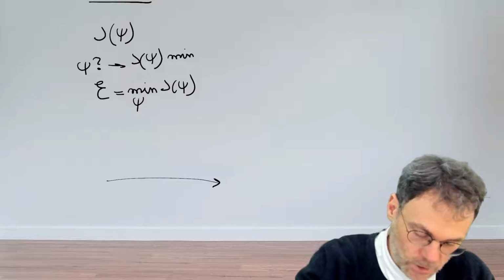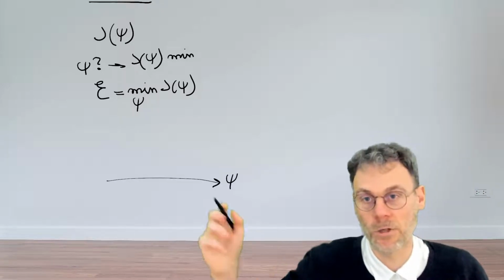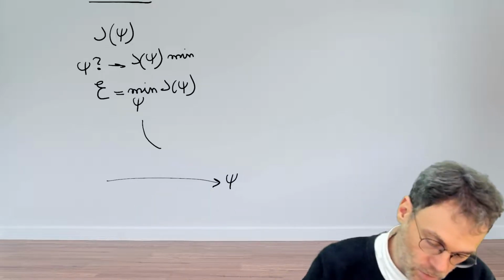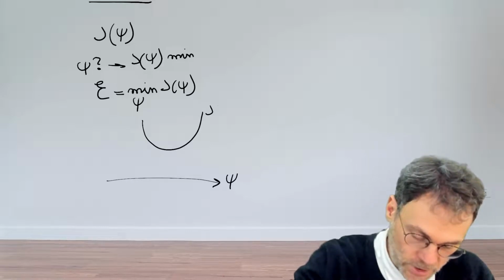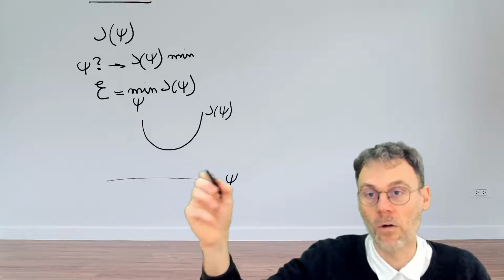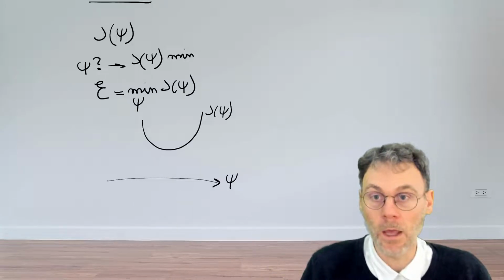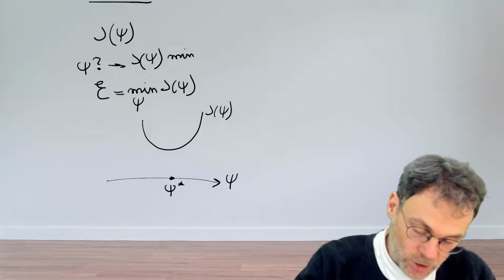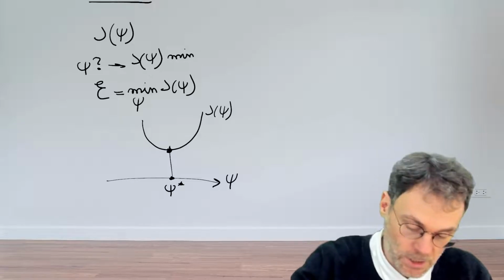So let's assume that along the x-axis here, we have our infinite possible variations of our input psi. And then here we have the effects of J of psi. And let's assume here that this is just a 1D representation of an infinite dimensional space on the horizontal axis. And again, we're looking for a certain function psi, such that this thing is minimized, and that gives us the energy here,